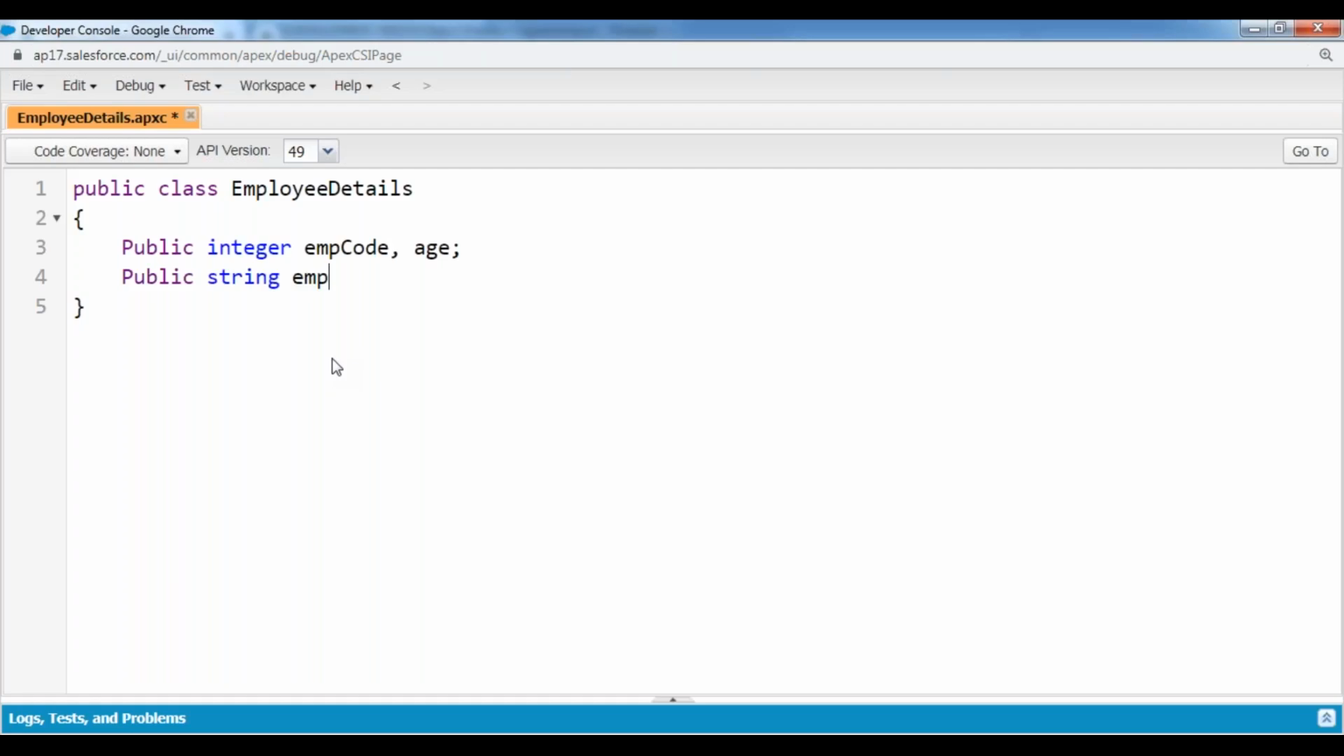Public string employeeName. I'm defining the variables: employee name, address, email ID, designation, and contact number, that means phone number. These are the members which I have defined. And then I'm indicating public